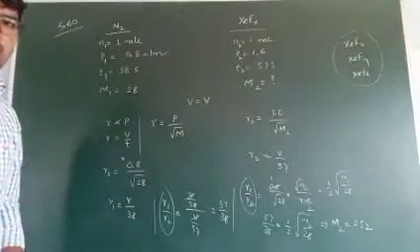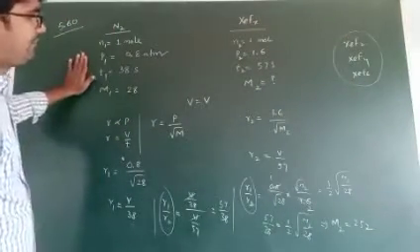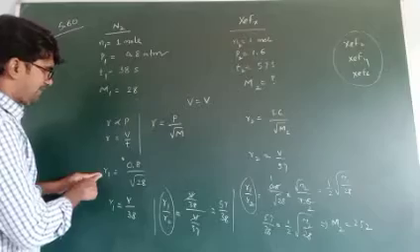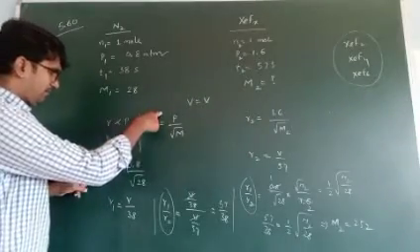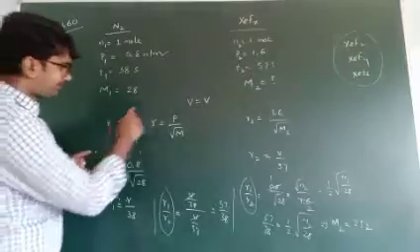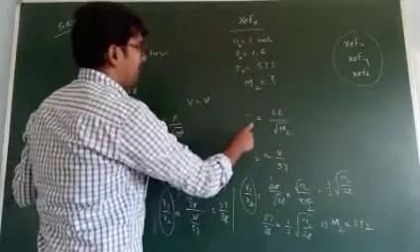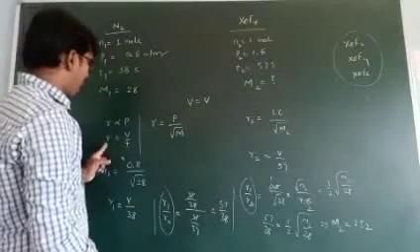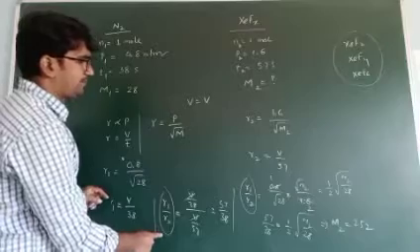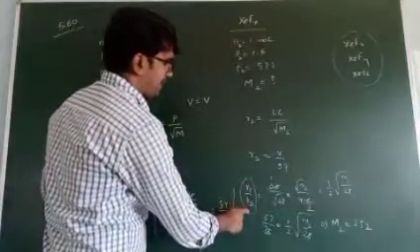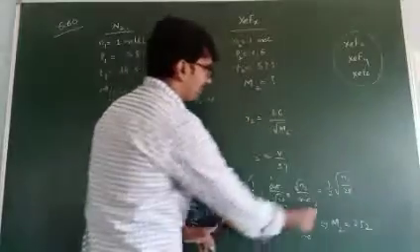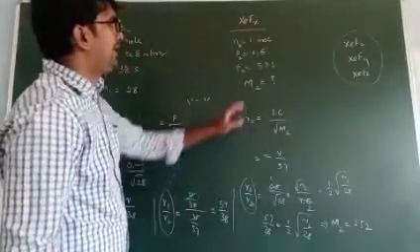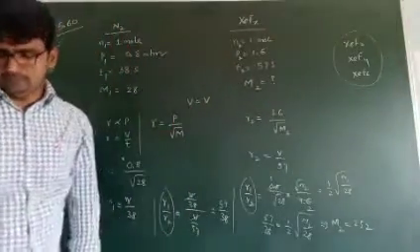Once again I repeat this problem, listen carefully. This is the given information. First I will calculate R1. This R1 is based on this formula. In the second case, this R2 is from this formula. First, based on this formula we are calculating R1 by R2. Second, based on this formula we are calculating R1 by R2. These two values must be equal. So by equating them, we calculate directly M2 is equal to 252. M2 means molecular weight, 252 is coming.